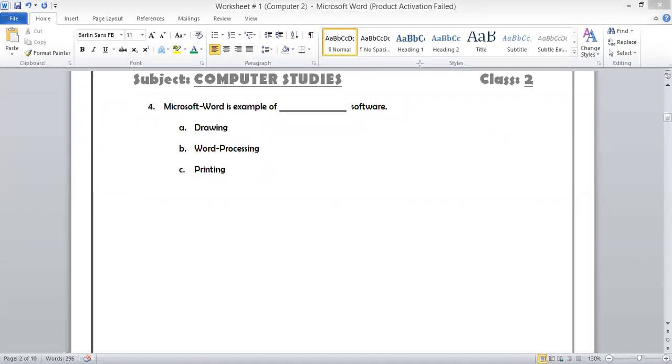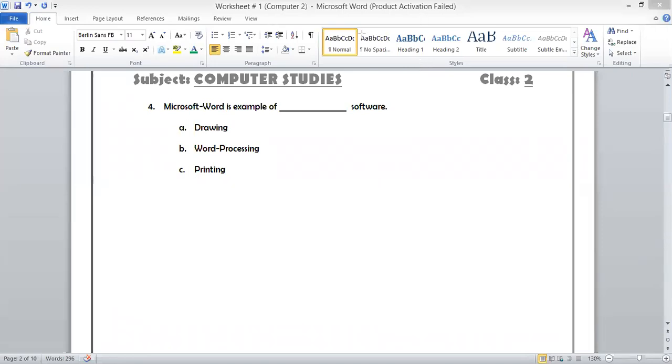We know the words software and program are the same in the computer. So word processing software and word processing program are both the same. Umar Shahir, Ilyas, Saud and Sharif also gave the correct answers. Hamidu Al Harbi, that's good.